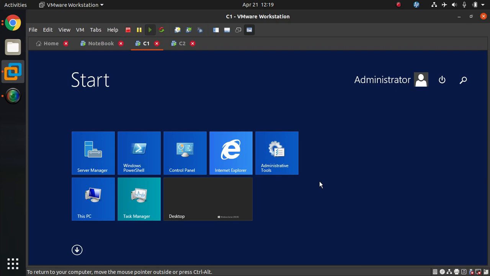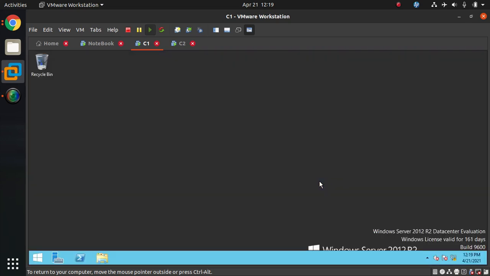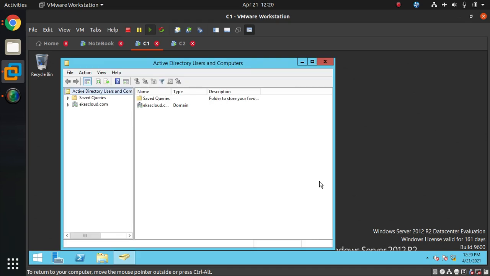This command opens the Active Directory Users and Computers tool. See, in this tool,